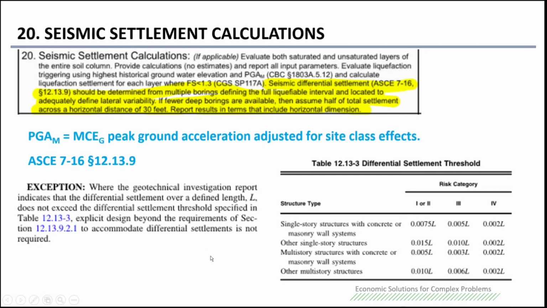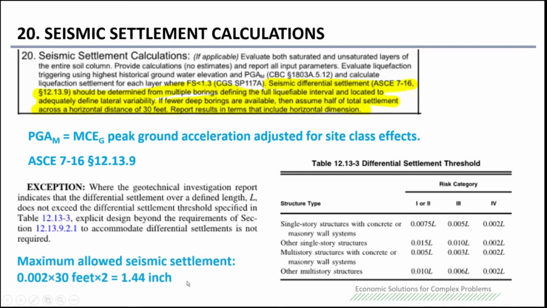Based on this requirement, you can back calculate the maximum differential settlement, and you don't need to worry about ground improvement. I just show you the calculation. That's 1.44 inch. So if you calculate the total liquefaction-induced settlement or dry soil settlement more than 1.44 inch, or you can round it to 1.5 inch,